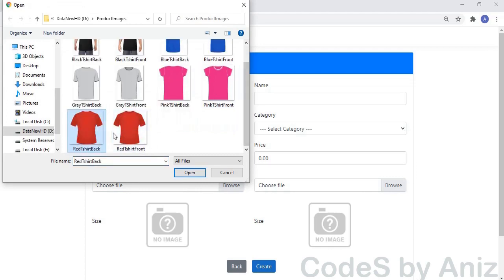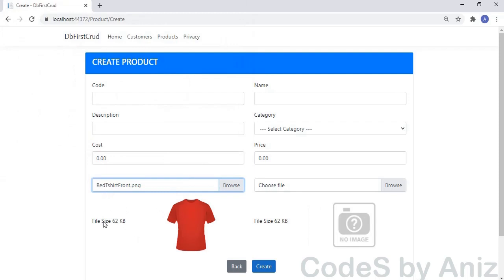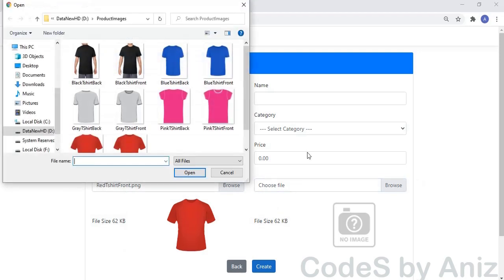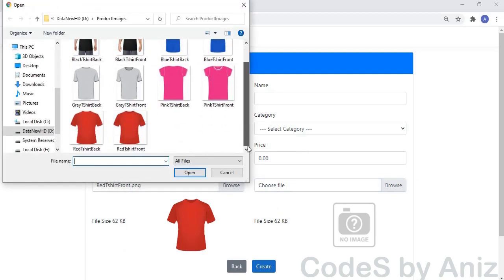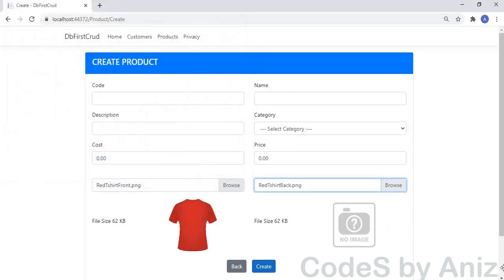The front image component is working fine, but when we select the image, the size label for both the components are updated to the same size. This is buggy. And also when we select the image of the back image component, the selected image is displayed to the front image only. So we have made some mistake in the code.